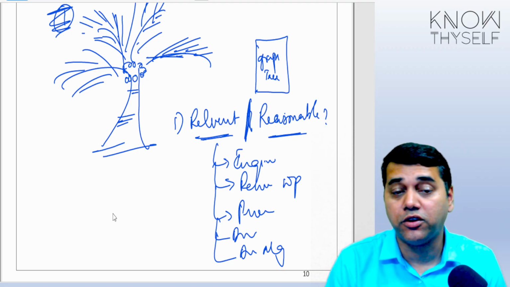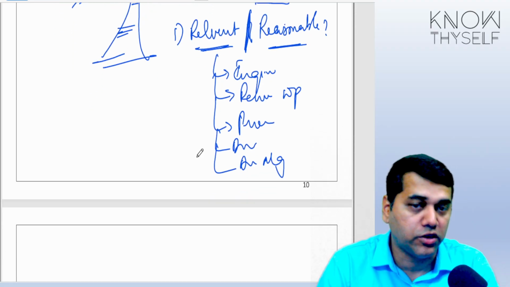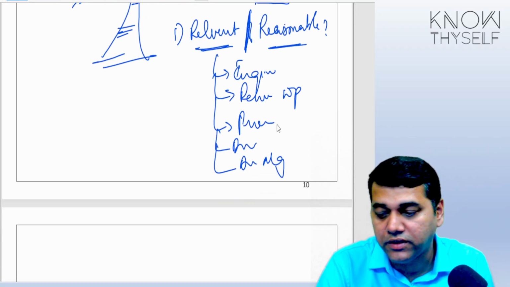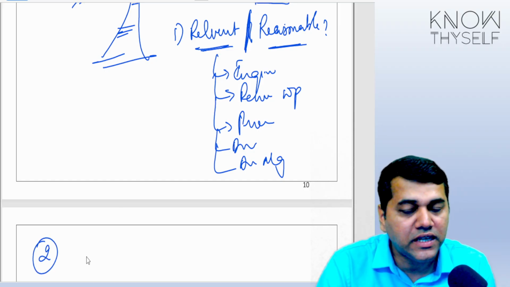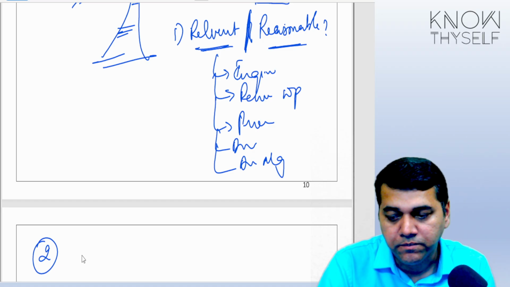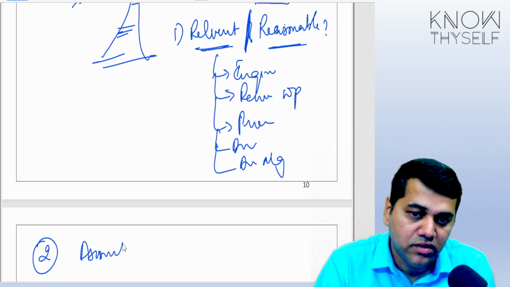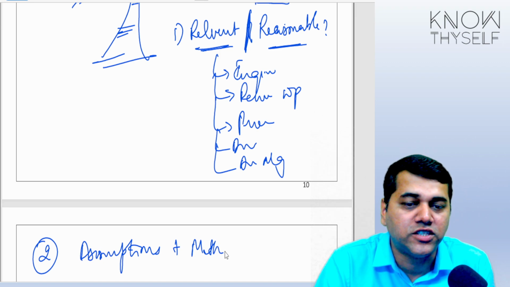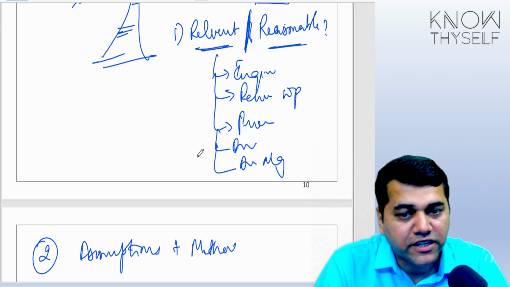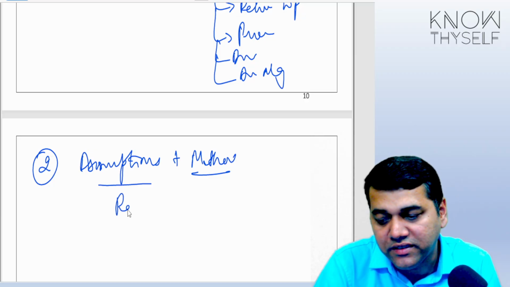Is that reasonable, or is it relevant? So similarly, students, the auditor also has to check whether their work is relevant and reasonable. Second, once you see that their work is relevant and reasonable, since they will be using assumptions plus certain methods to calculate, you need to check whether those assumptions and methods are reasonable and relevant.